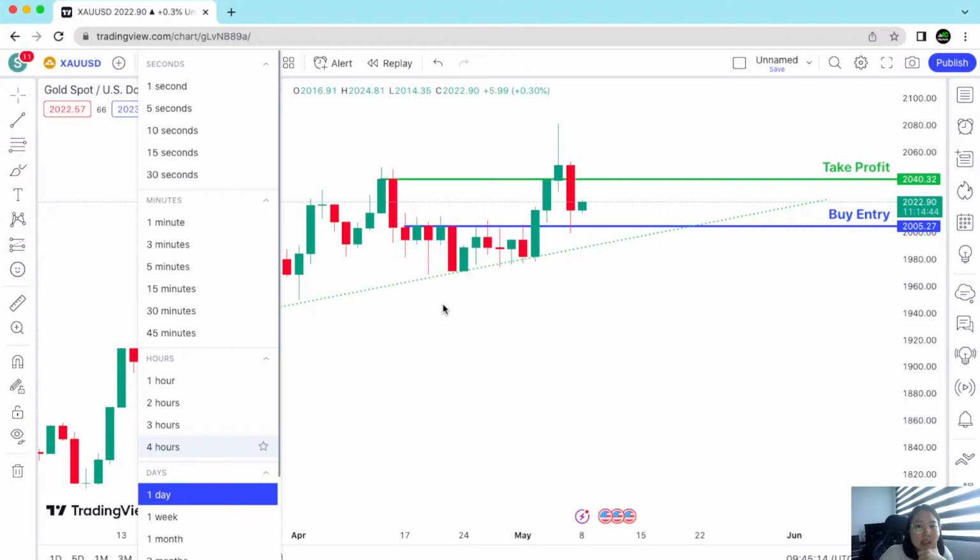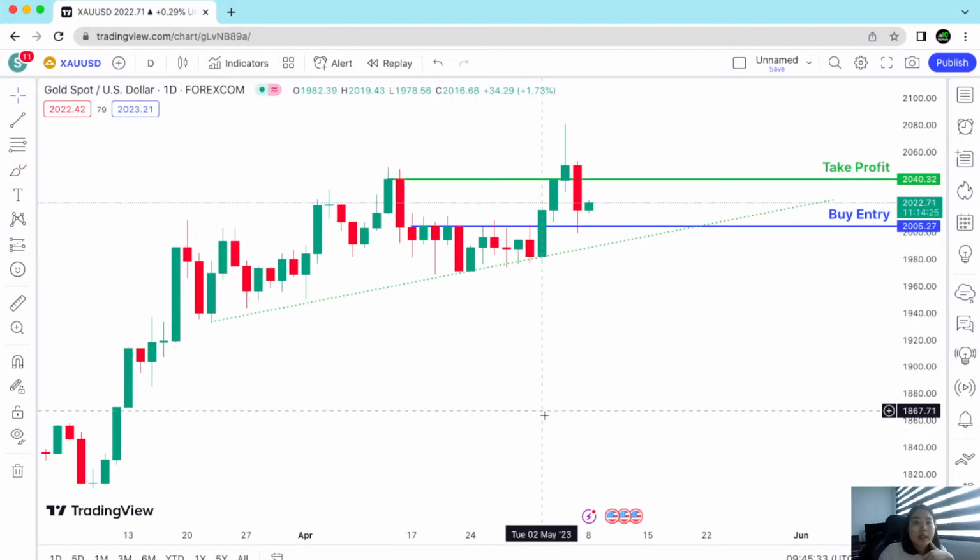Last week in the Bahasa webinar, for those of you who don't join the Bahasa, because obviously it's not a language everybody knows. I can't see if Tuan, Tat Choi, Henny are here today. Last week on the Bahasa webinar, I called for a buy for gold. My analysis was that price is going to pull down here, which it did. And then now you enter for a buy.